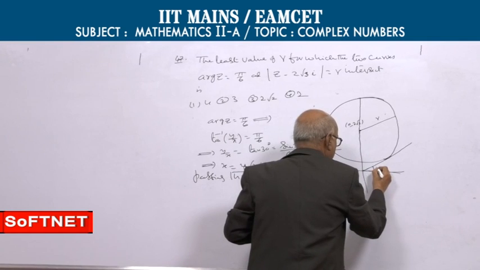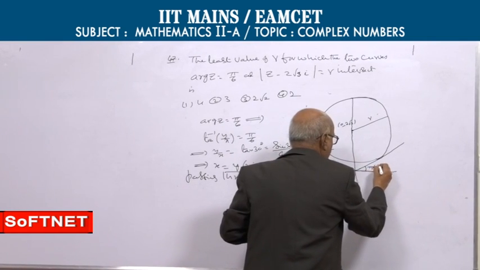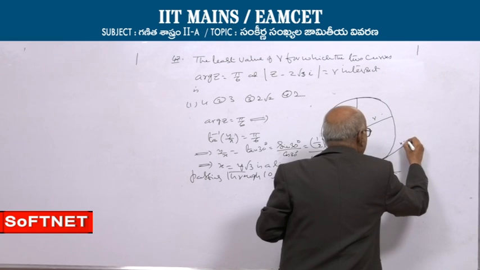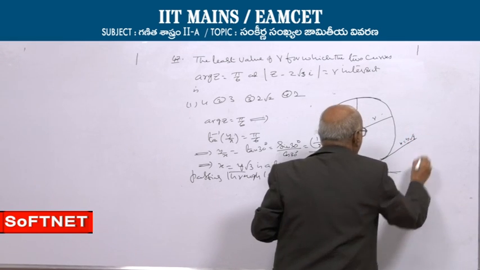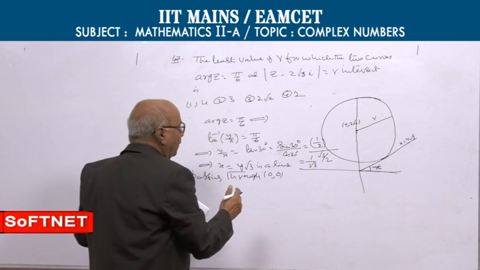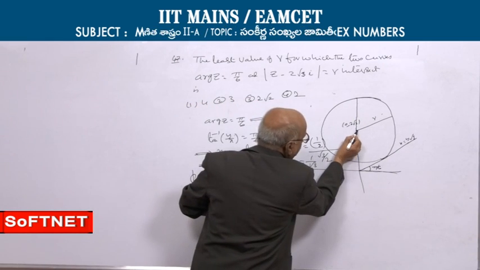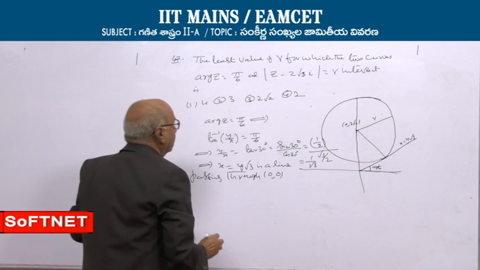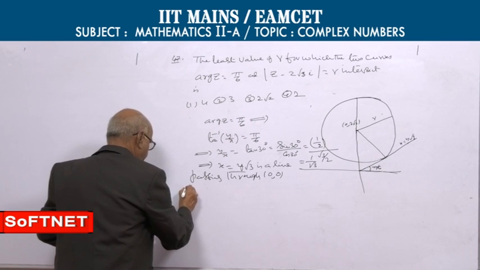So this is pi by 6, the line x is equal to y root 3. Right? So therefore, the minimum value of R